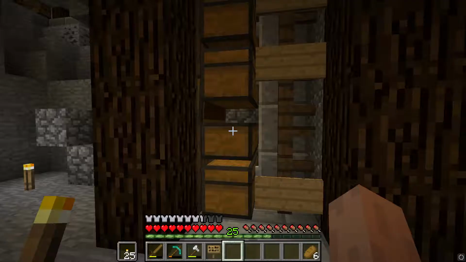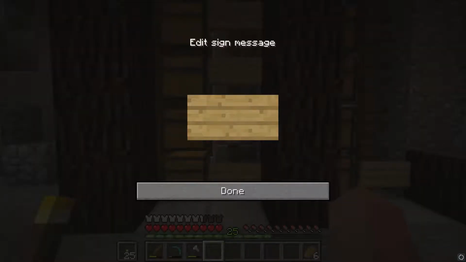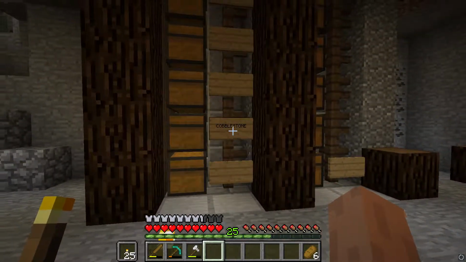On the left hand side you have the chest itself, and on the right hand side you can place down a sign, and you can type on the sign whatever you want to be in the chest on the left. Actually, I'm going to move that down a row just to make it look a little bit better. So cobblestone, that means on the left hand side in this chest will be cobblestone. So there we go, I can place some cobblestone in the chest and we know where to go if we